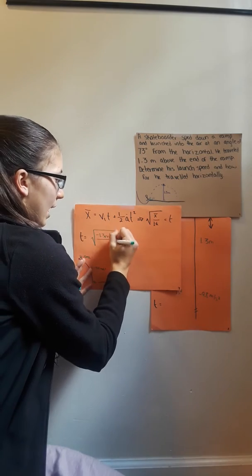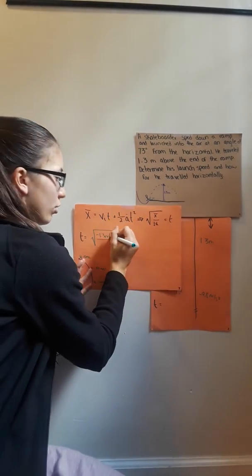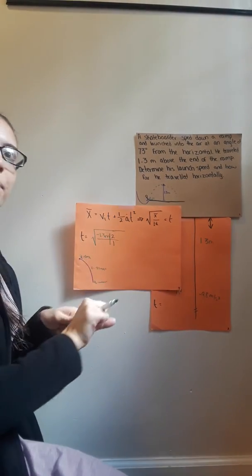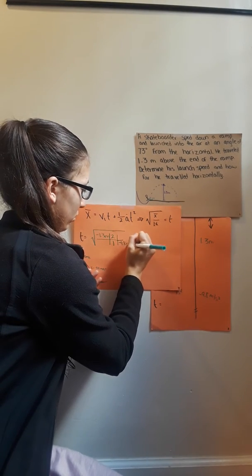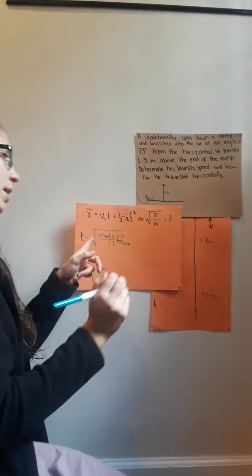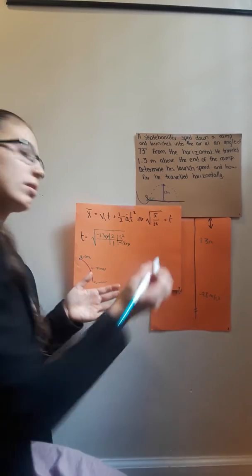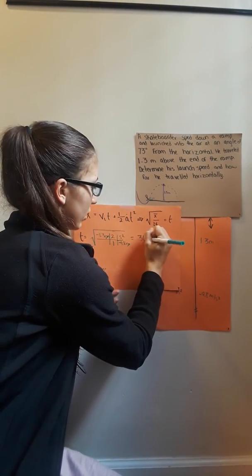Divided by 1/2, which really means there's a 2 in the numerator and a 1 in the denominator, and our acceleration. Our meters cancel out. And then because it's a square root, that seconds squared will just become seconds. So we get 0.364